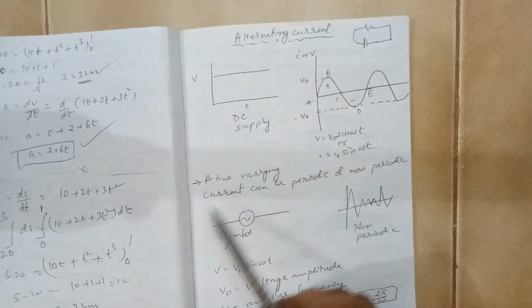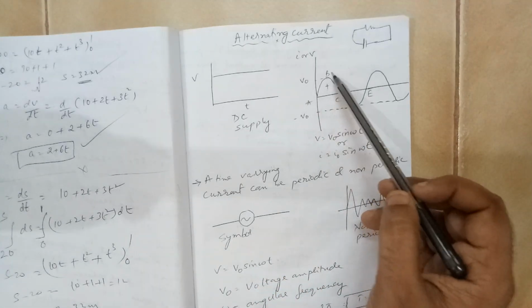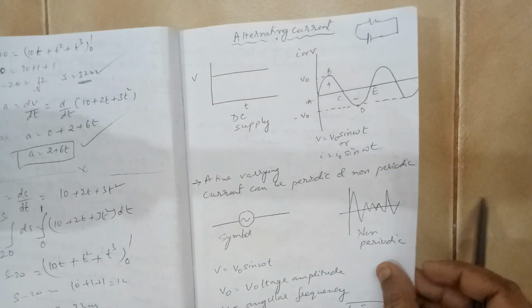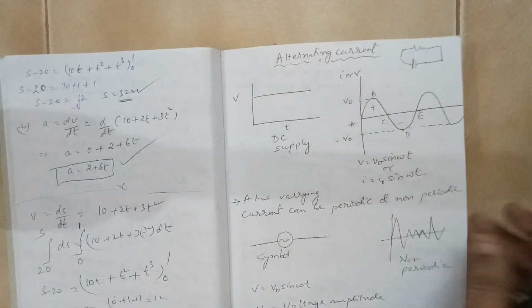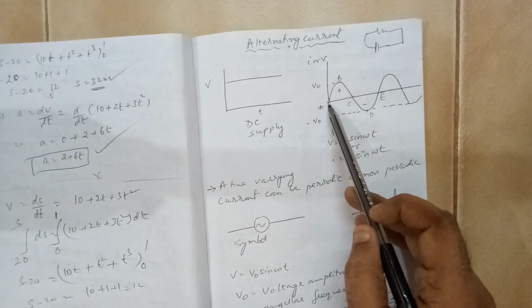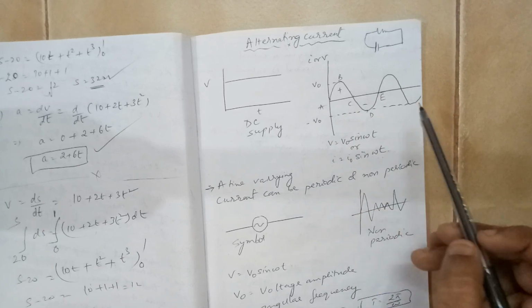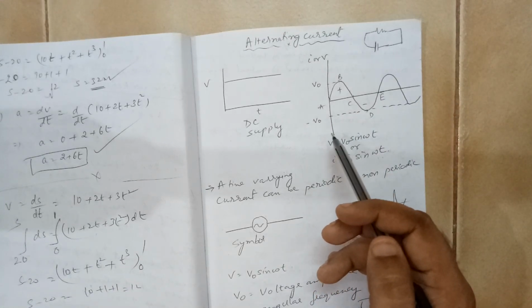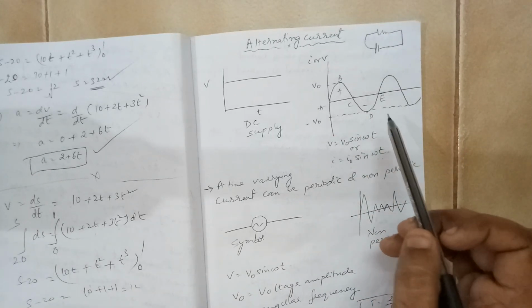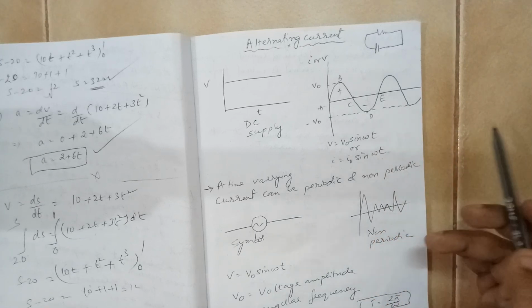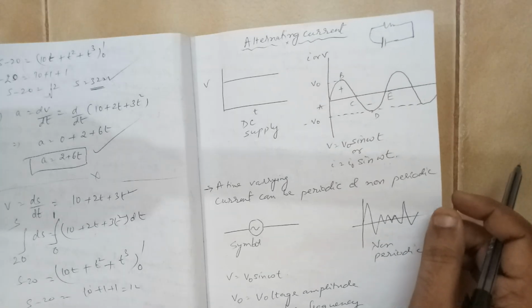Here V0 is the peak value. It is also called the amplitude. And if you take this A, B, C, D, E, this A, B, C, D, E is called one full cycle. Obviously the time taken for one full cycle, that means here it started and one cycle is completed. These patterns repeat. So the time taken for one full cycle is called time period. When you talk about number of cycles per second, that is in 1 second how many cycles are completed, you say it is frequency, which is measured in cycles per second or hertz.